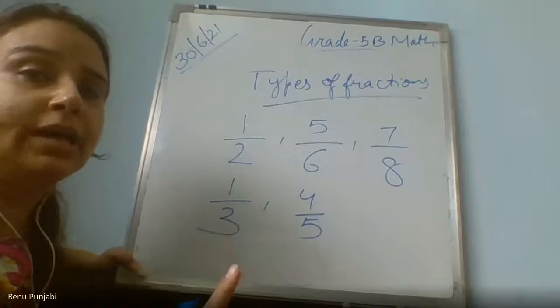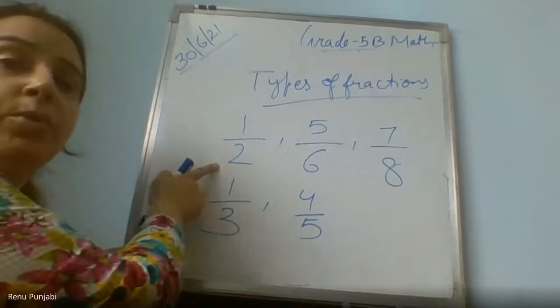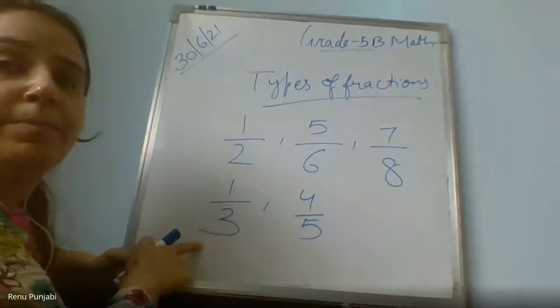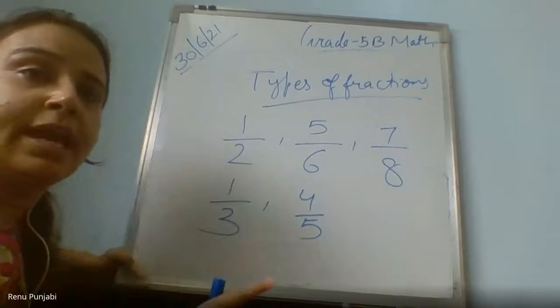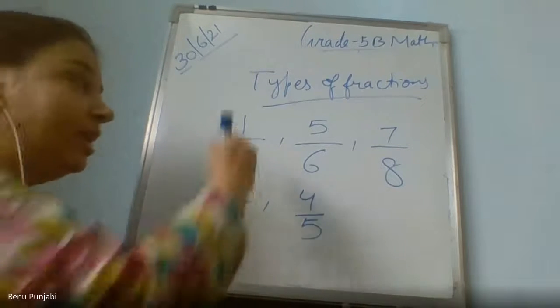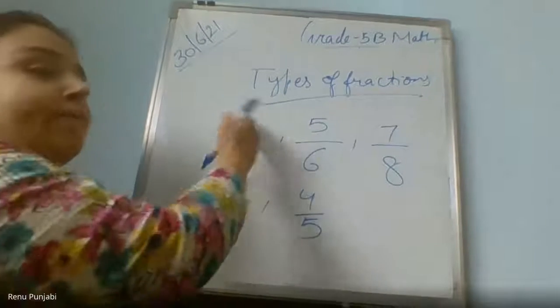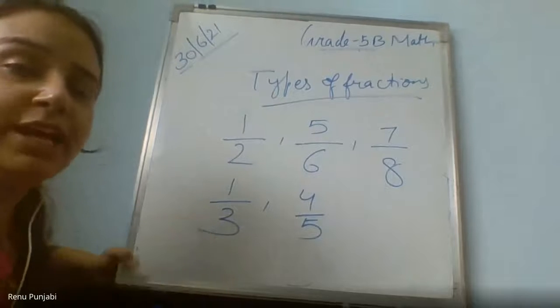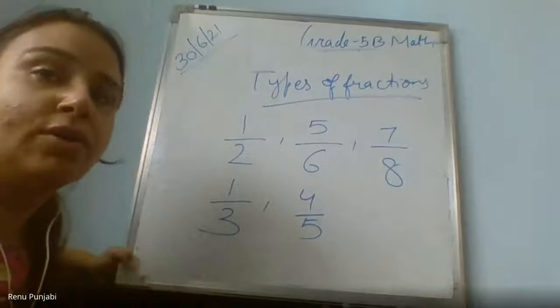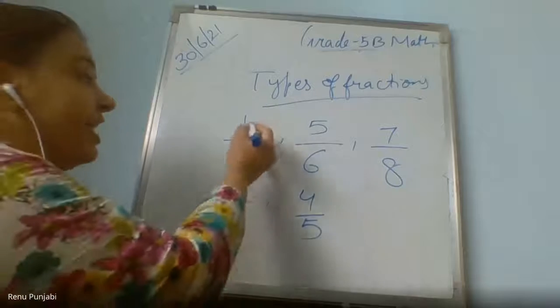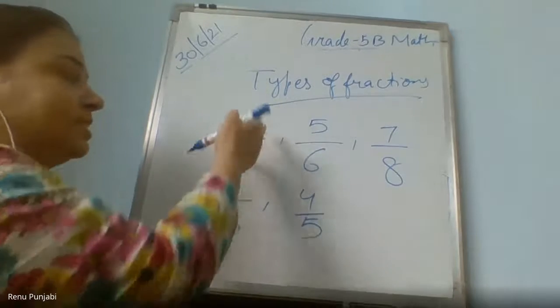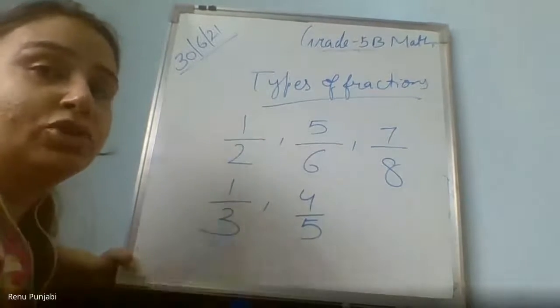Ma'am, 2 upon 1 and 3 upon 1. You cannot read the fraction ulta. Rudra, you cannot read it 2/1 or 3/1. Ma'am, it's 1 upon 2. You cannot read the fraction ulta. I'm telling you again, and please remember this. You will read the fraction the way it is given, 1/2, not 2/1. If you read the fraction ulta, everything will be wrong. If you read it as 2/1, it means 2 parts out of 1 part.